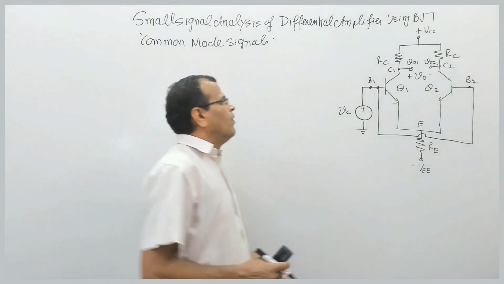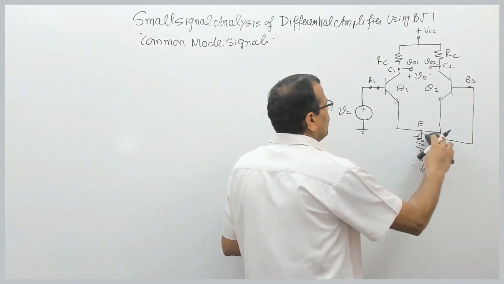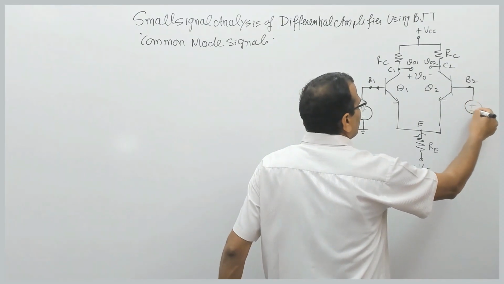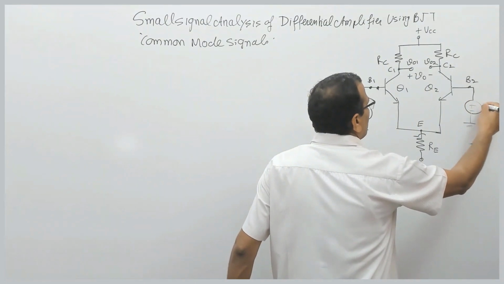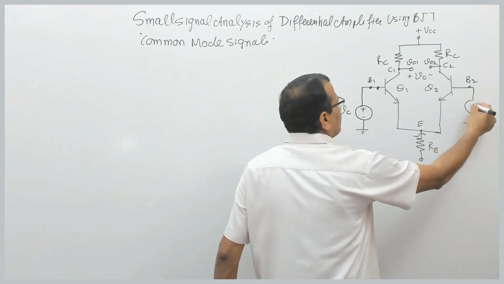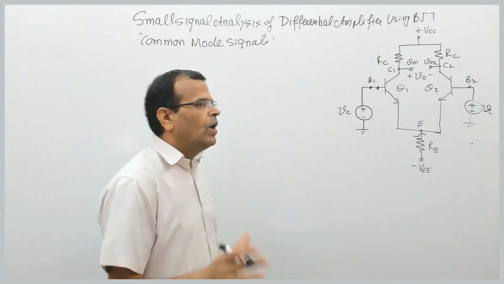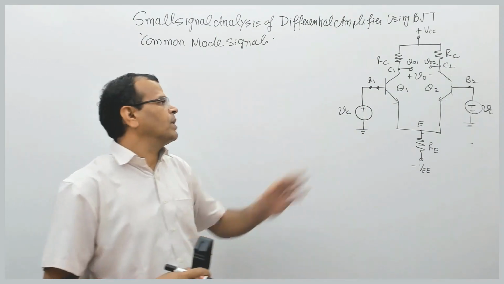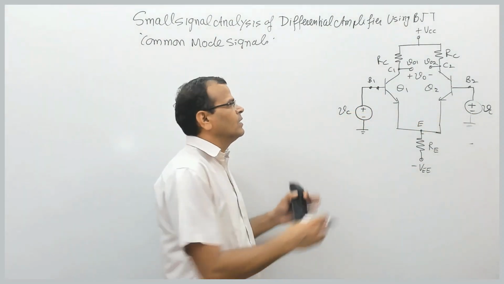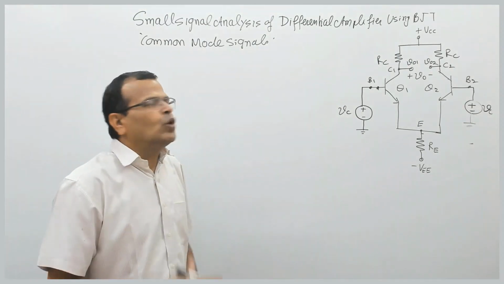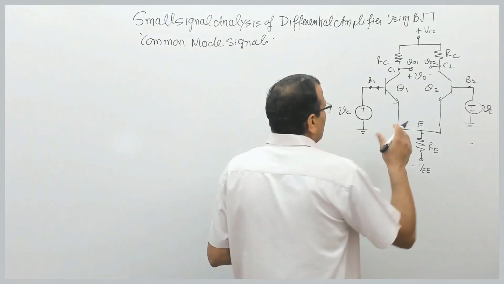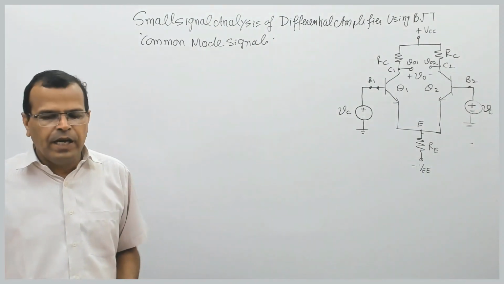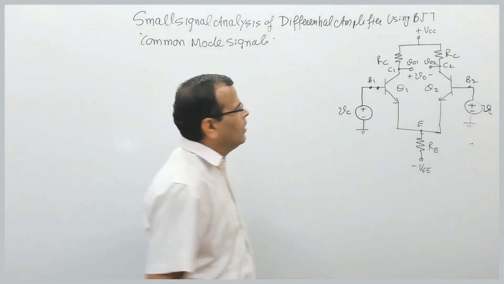So for common mode, instead of showing the single input, I will show two different inputs applied. Of course, both are exactly the same, because both are coming from the same source. I am just giving separate input signals to Q1 and Q2 to separate two parts of the circuit. Just for mathematical analysis purpose, this resistor Re can be split into two parts for AC analysis.